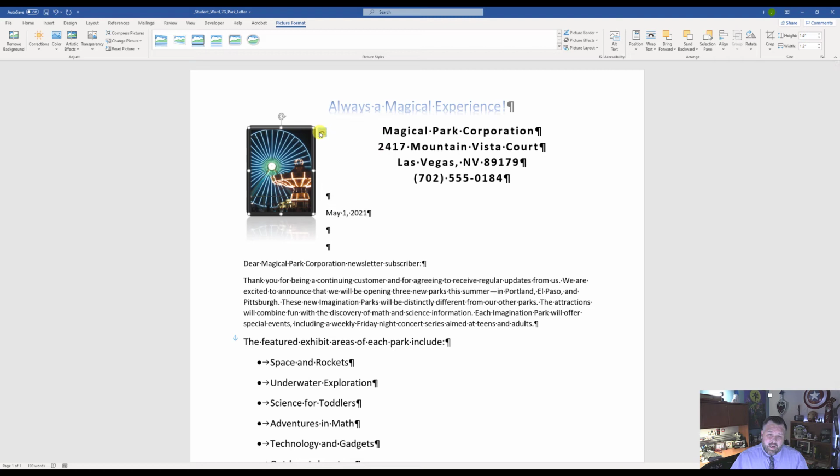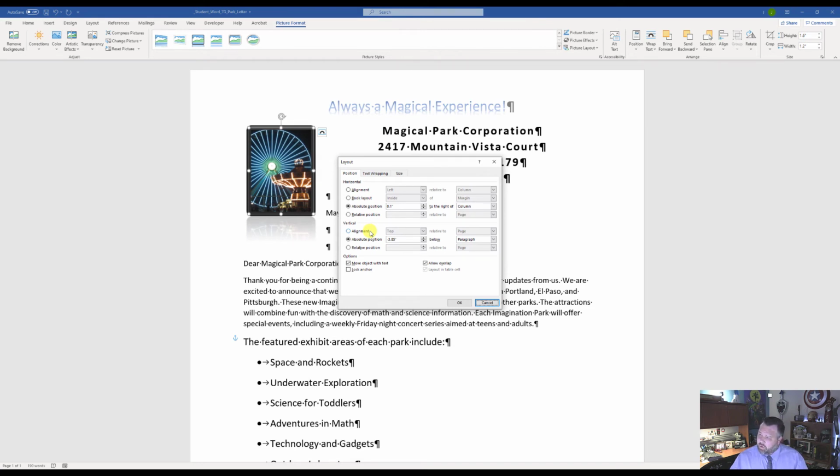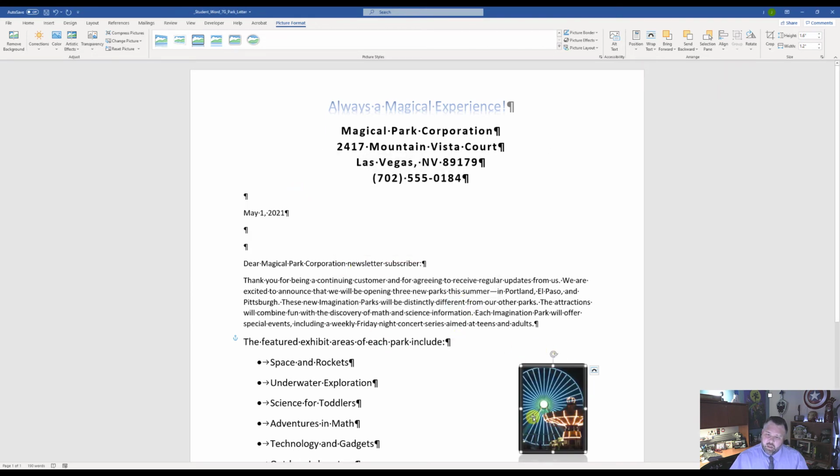Now we want to click on this icon again right here, show our layout options, and click See More. And here we're going to change it so our position is exactly where we want it to be. So under our horizontal alignment, we want to change alignment, and we want to make it right relative to the margin. So alignment right relative to the margin. Then under our vertical, we want to make it an absolute position of 4.5. So 4.5 below the margin. So right here should be absolute position 4.5 below margin. Go ahead and hit OK and watch it flip-flop like a politician all the way down here to this side